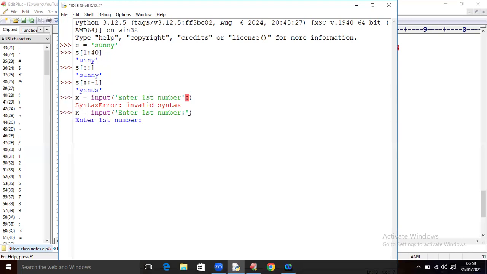Okay, if you give it outside after the colon, then it will not take, but if you give it before the colon, then it will take. Okay, enter first number, so I am giving 10. Next, let's take y equal to